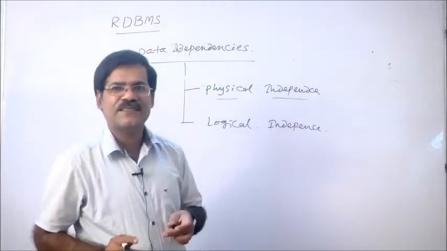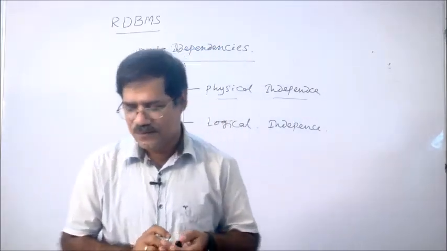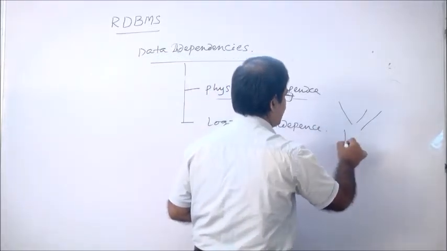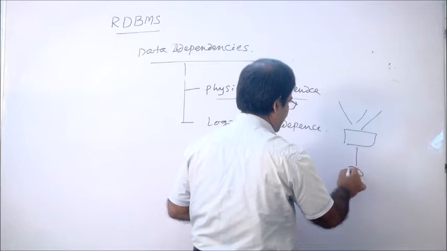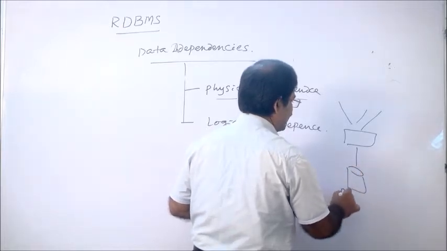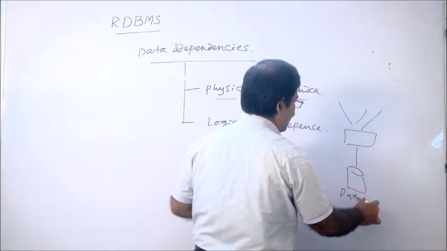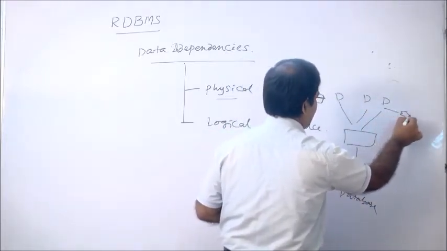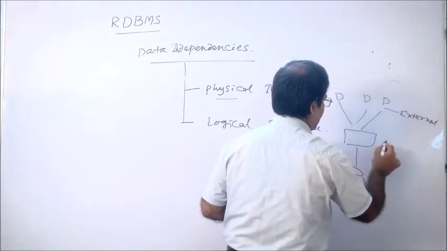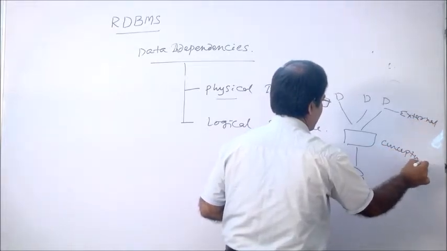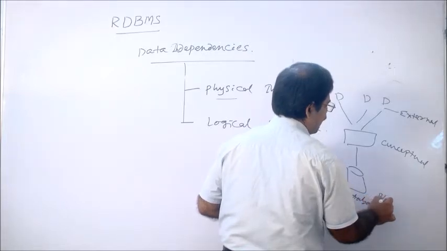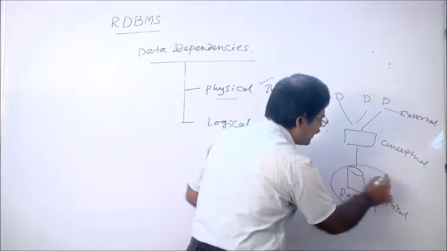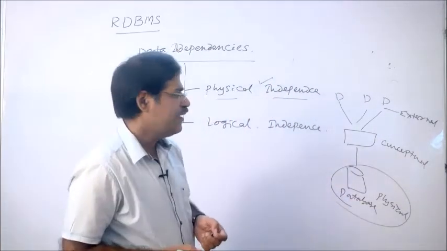So if you change anything in the physical level, like these are the users, number of users. So this is a middle level and this is a server. Actual database is here. So these are the users. This is the external level. This is the conceptual. This is the internal or physical level. So what the physical independence says, if you make any modification in the physical level, no need to change in